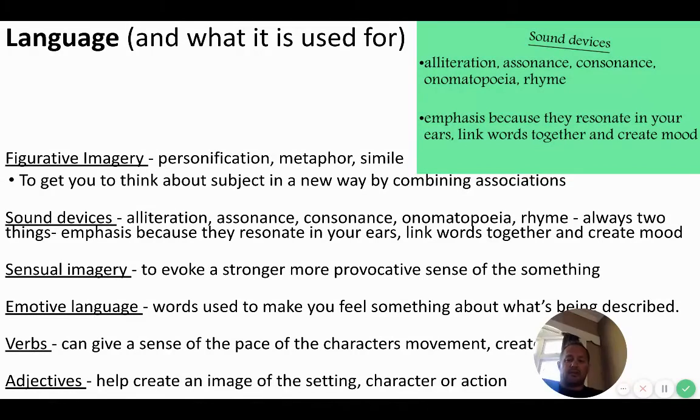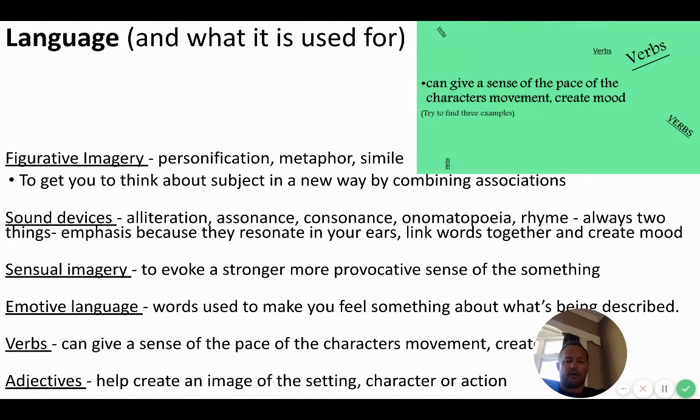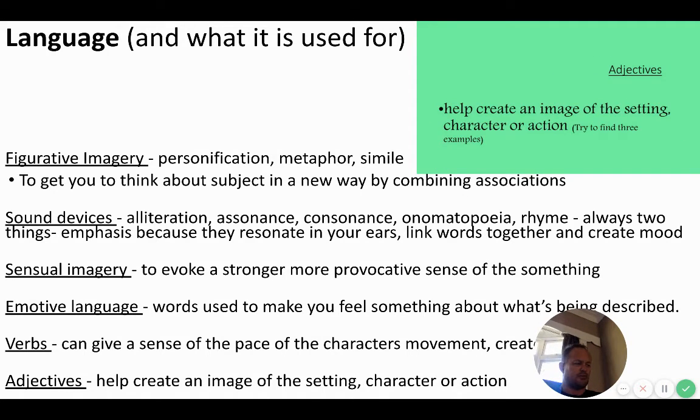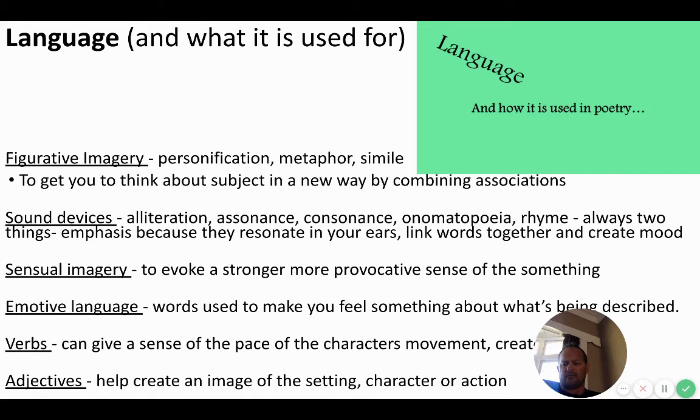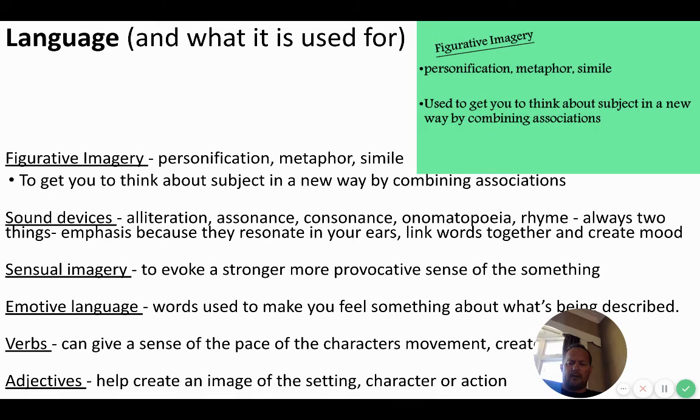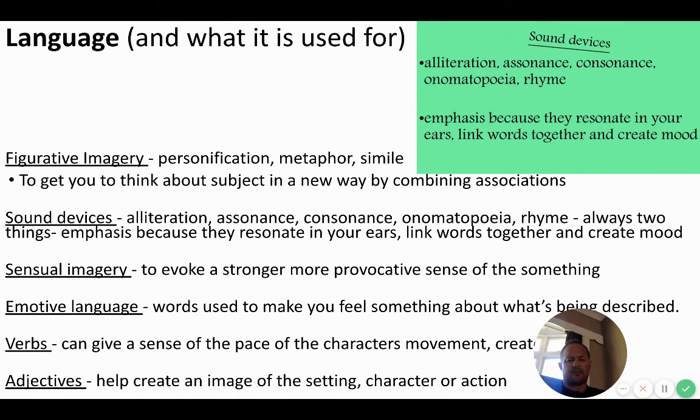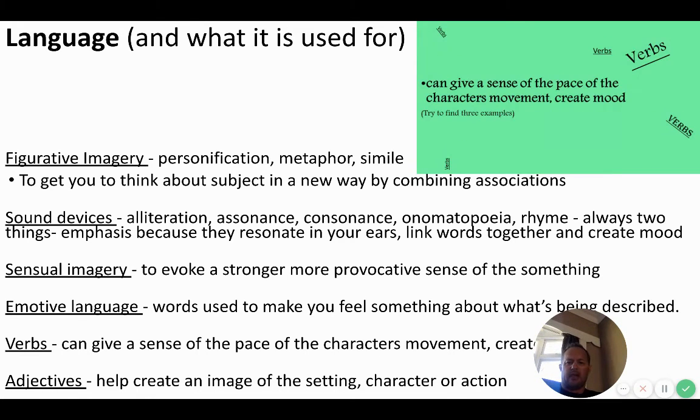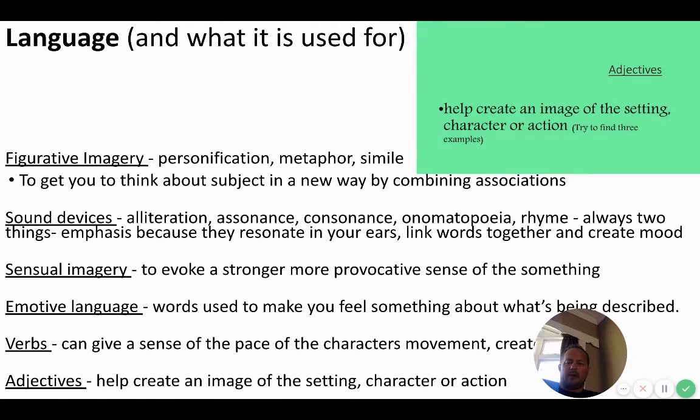Sensual imagery to invoke a stronger, more provocative sense of whatever it is that's being described. And when we say sensual, we're talking about what it looks like, what it sounds like, feels like, smells like, and so forth. Emotive language, which are words used to make you feel something about what's described. It may be anger. It may be a sense of wonder. It may be,